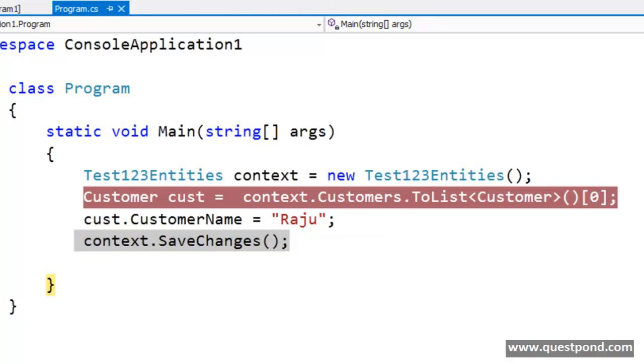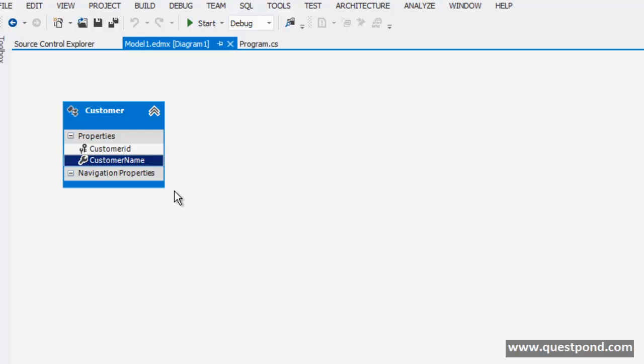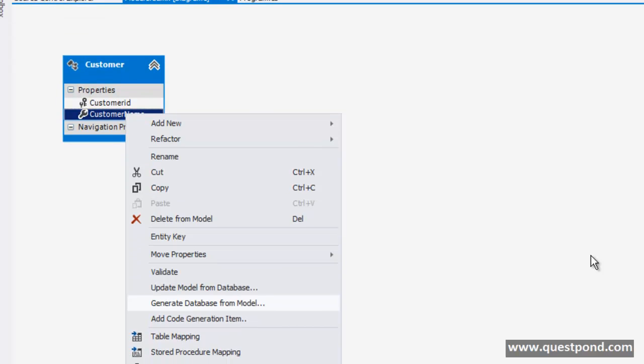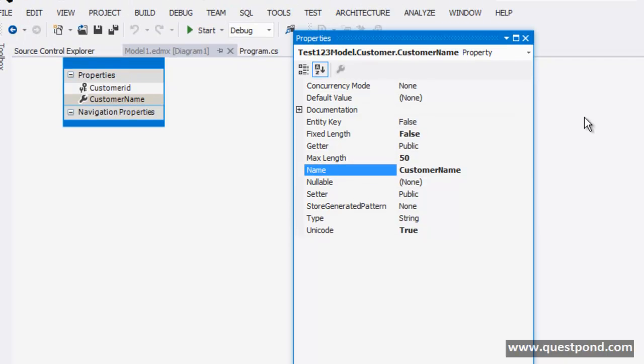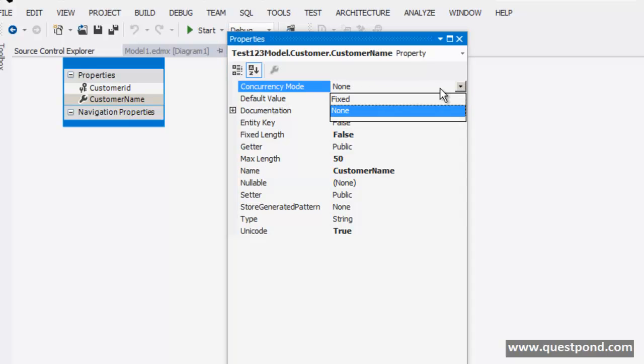So in order to do that, we need to go to the design mode. Go and open your EDMX in the design mode. Now we want to implement concurrency for the customer name field, right? We don't want to implement concurrency for customer ID, because customer ID is an incremental identity seed. So right click on this customer name and click on properties, and it opens up a property window, and in that property window you can see that there is a nice property saying concurrency mode. So go and change this concurrency mode to fixed,